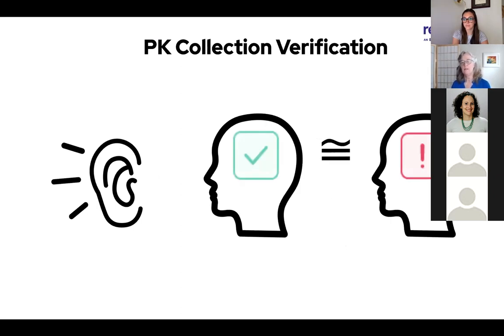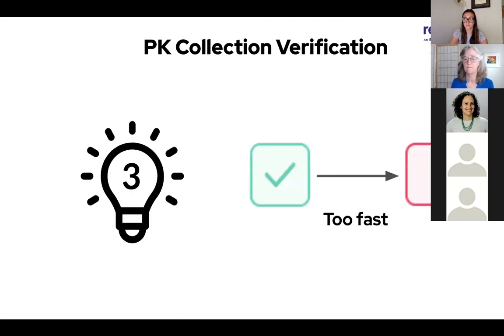Our basic problem was that in people's heads, verified and unverified were kind of sort of the same thing. And that makes sense in our collection because our product changes every month, but it changes in ways that add. And usually something that was true before is still true. So having the cards expire every 3 months by default was causing us to have to verify things that were typically still true. So we decided that was too fast.